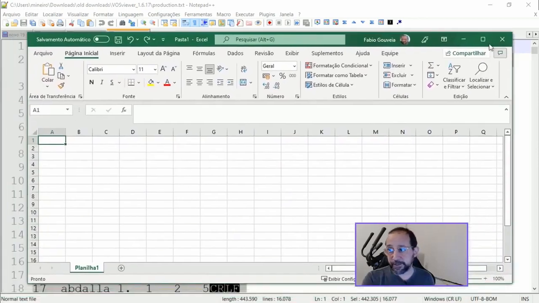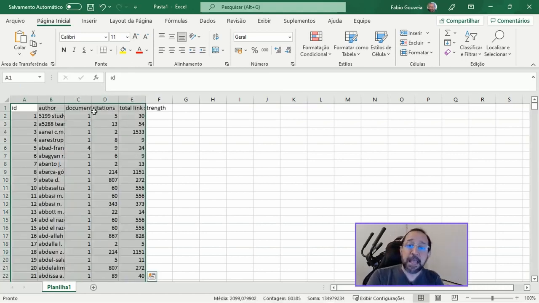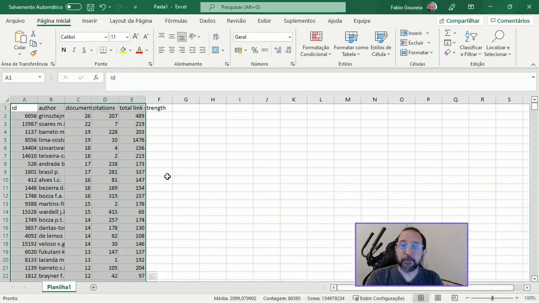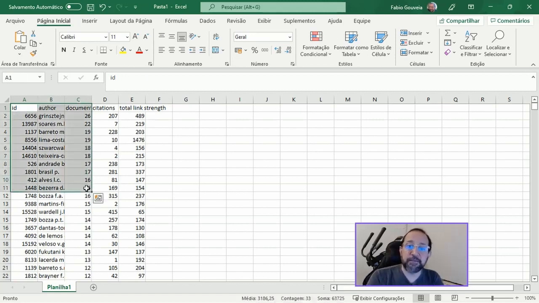If I just select all and paste this to a spreadsheet, any kind of spreadsheet. I'm using Excel here. Sorry, it's in Portuguese, but it's okay. And then I can order this based on documents from the bigger to the lower. And as you can see now, I have a list of, let's say, the 10 most